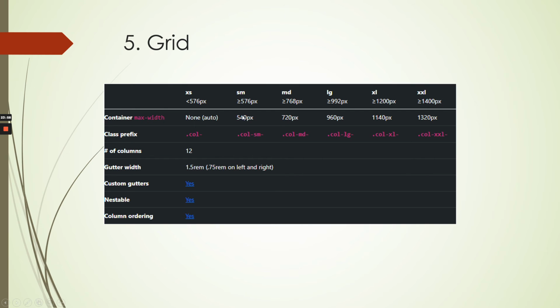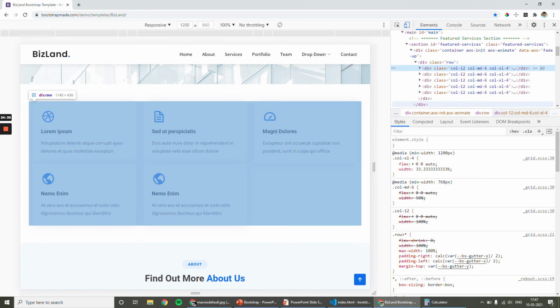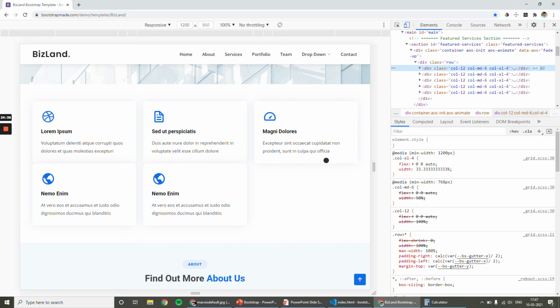Okay, this is what is called the mobile first approach. First we write for small screen, extra small screen, and then if needed, I will apply for the next screen size, and if needed, I will apply for the next screen. If I want the web page to look the same in all screens, then you just need to apply for extra small and forget. It will take care of the entire screen. Okay, this is what is called grid in Bootstrap.